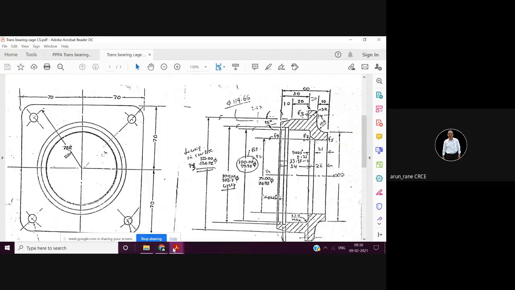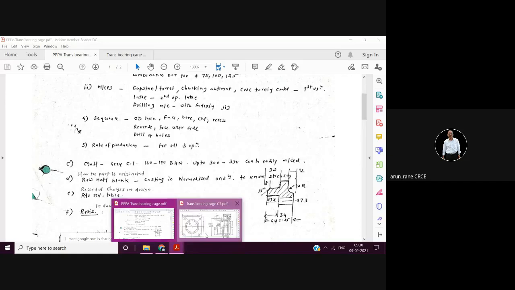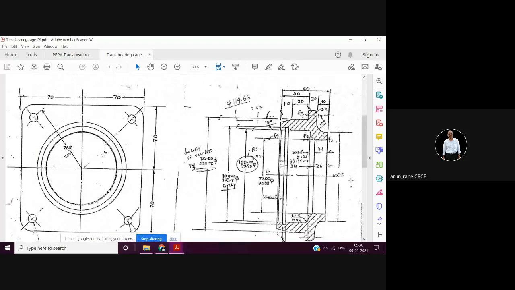Then you have to reverse, that is the second setup. For this particular product, in the first setup you have to do the maximum number of operations. So in the first setup you can hold it here, or you can hold it here also in a four-jaw chuck, that is on the square, and you can do this facing, this taper, this OD, this facing, then this ID boring, and this inside taper.